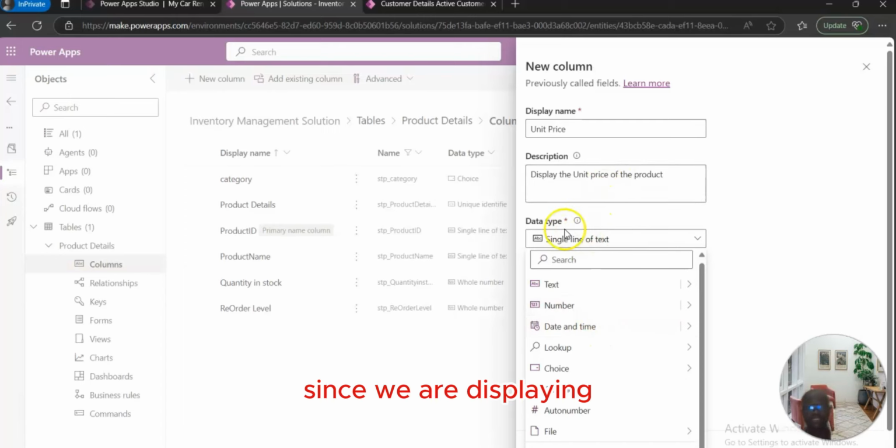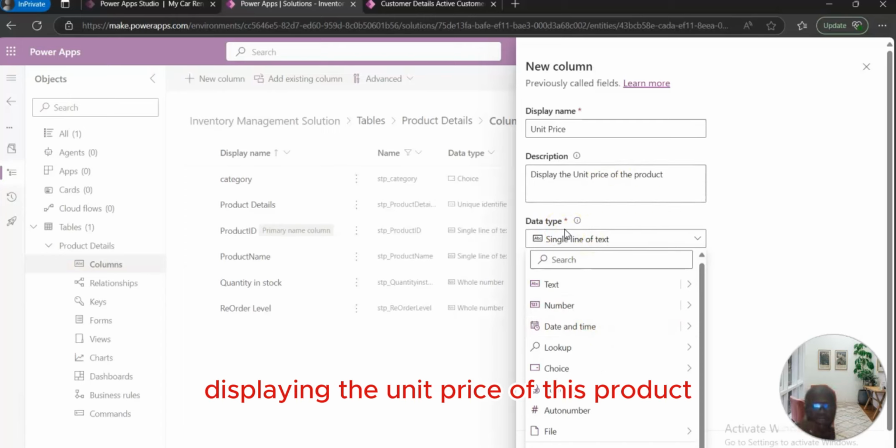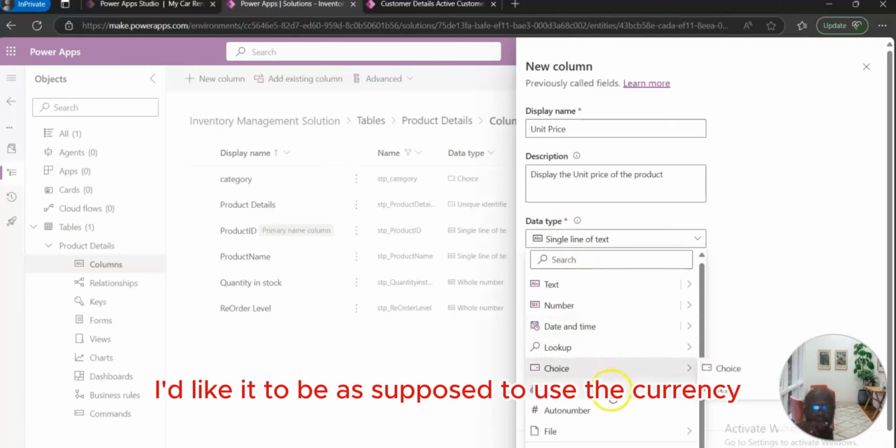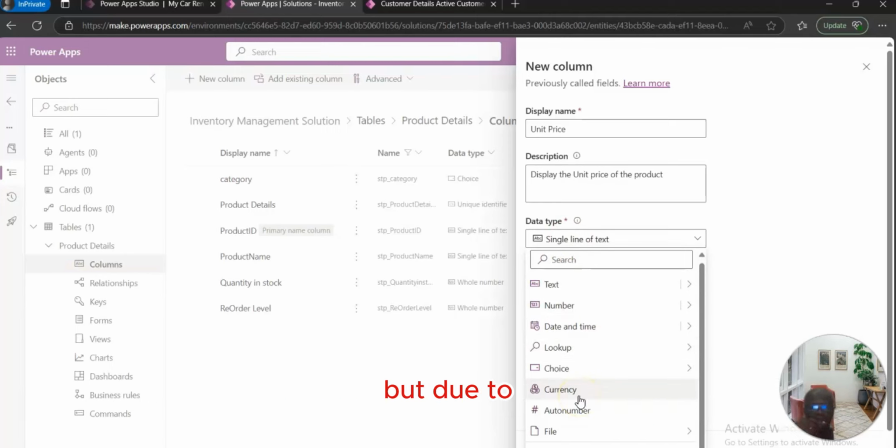Since we are displaying the unit price of this product, I would like it to be, I'm supposed to use the currency, but due to